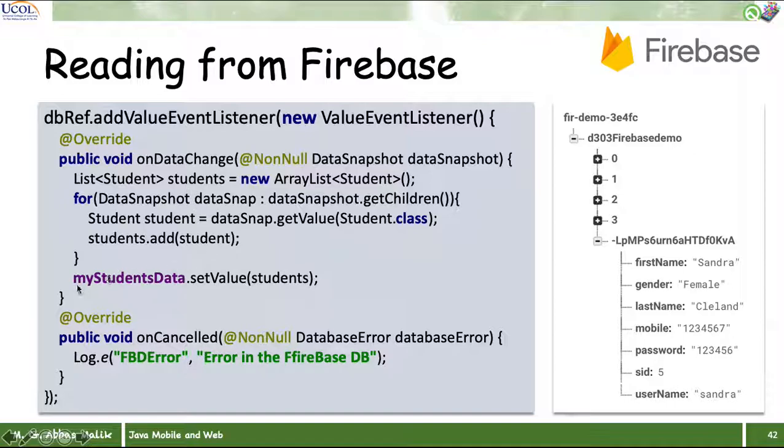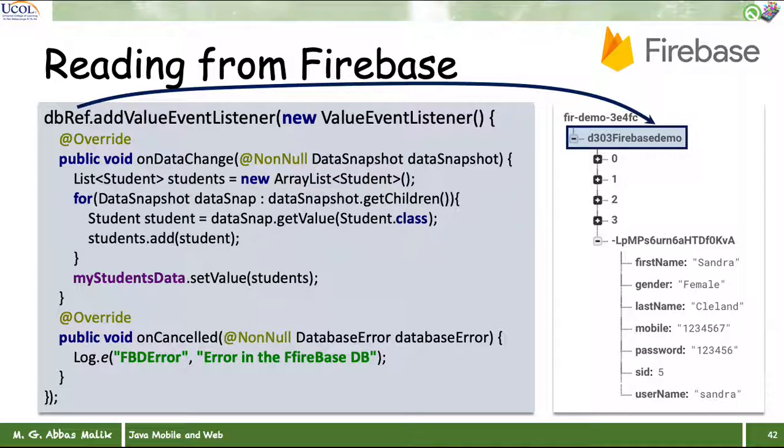Okay, and then we can simply say my students data dot set value students. It means that we are actually showing the value, and my students data is actually an array list in which we are putting all those students, and it will show me the information. Is it fine? I hope it is fine. So we will see it in a more practical way once we are